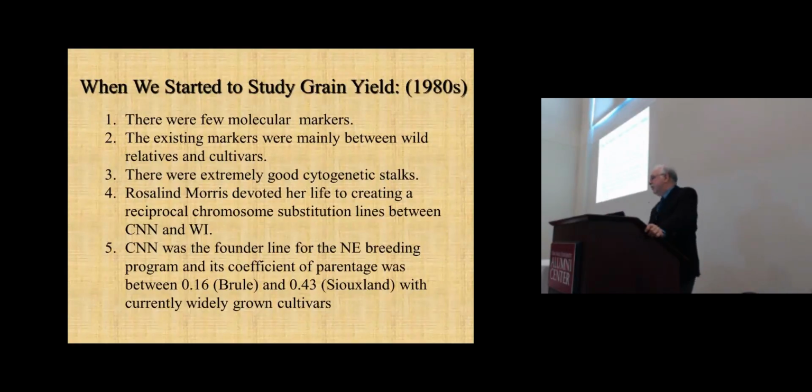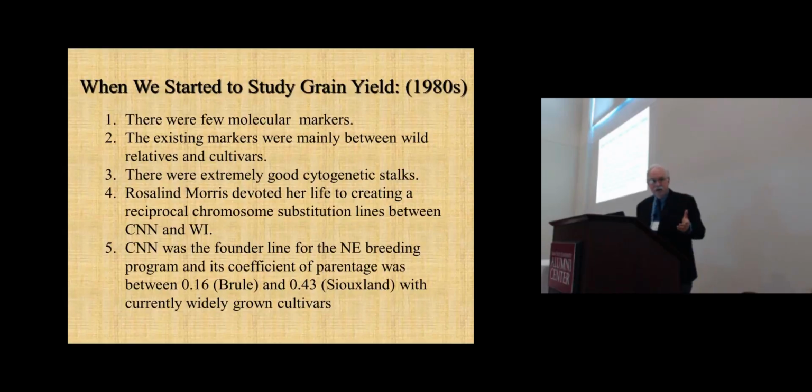But she took her life, and she said, we have Cheyenne, which is the founding of the Nebraska wheat breeding program, and we will replace chromosome by chromosome, each chromosome of Cheyenne, 21 chromosome pairs. We'll replace each pair with one out of Wichita, a very popular cultivar out of Kansas. And we'll do it in reverse. We'll take each chromosome in Wichita and put it in Cheyenne so we can see what each chromosome did. So when you don't have molecular markers and you're interested in understanding the genome, you have to work with the tools that you have.